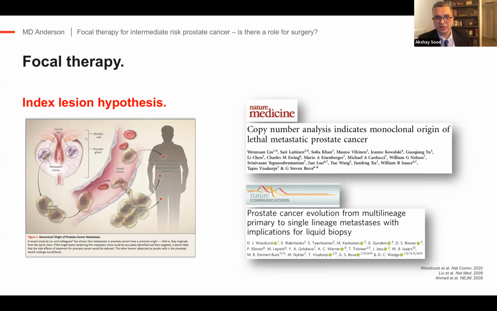So the rationale for focal therapy lies in the fact that if we can identify this index lesion and treat it, then we don't really need to treat the whole gland, and maybe we can have equivalent oncological efficacy as radical treatments, but by not doing whole gland treatment, we can save functionality for the patient in terms of urinary continence as well as sexual function, because radical therapies are associated with high rates of sexual dysfunction, close to 70%, and urinary incontinence maybe about 5%.